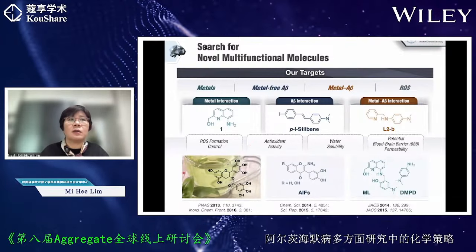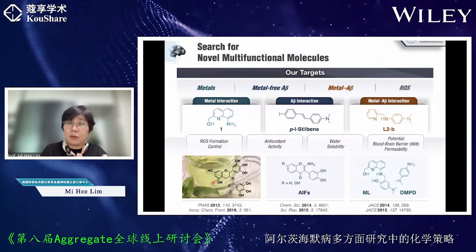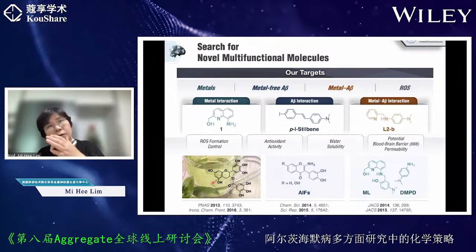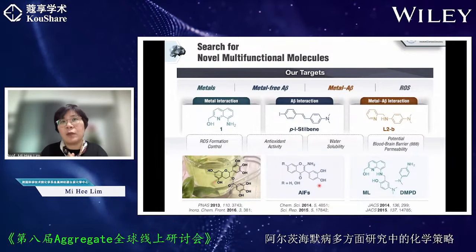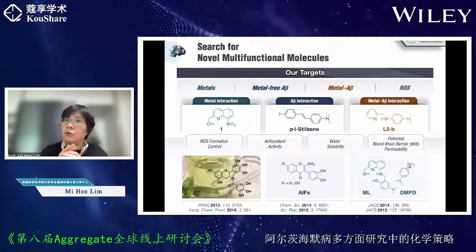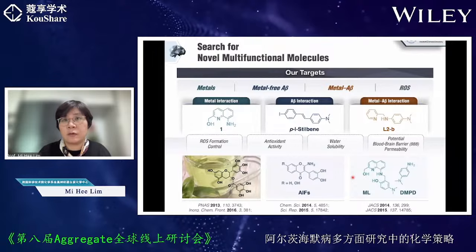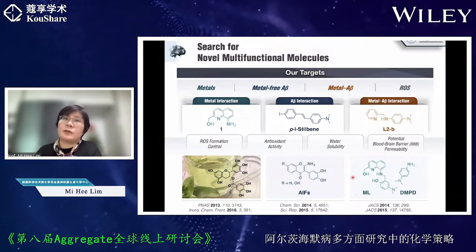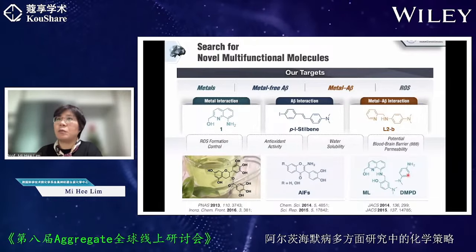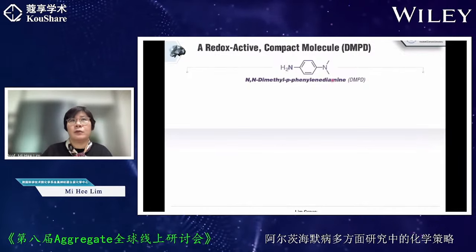We have been looking at natural products, but natural products usually have very poor biological applicable properties, such as blood-brain barrier (BBB) permeability. So we structurally optimized and improved their properties, and not only that, we can also design such a multifunctional molecule from scratch. But when we designed this molecule, we found that it was a very small, very compact molecule. We don't need a very complicated structure. Basically, it is this dimethyl phenylenediamine compound shown here.